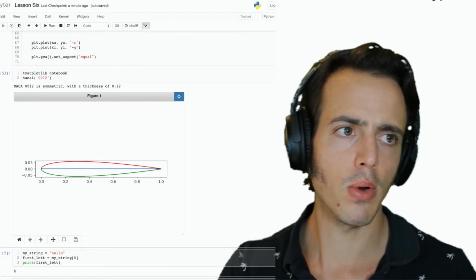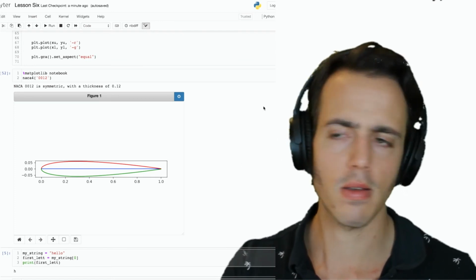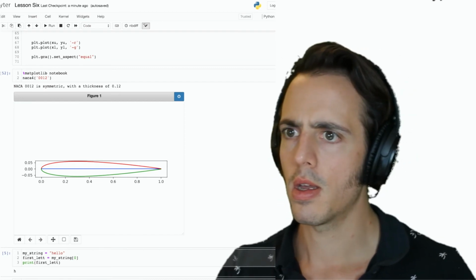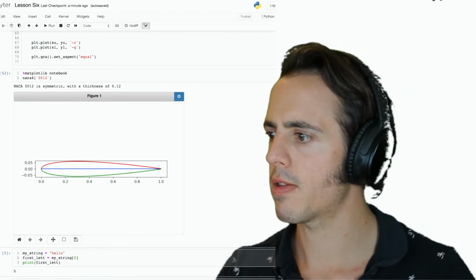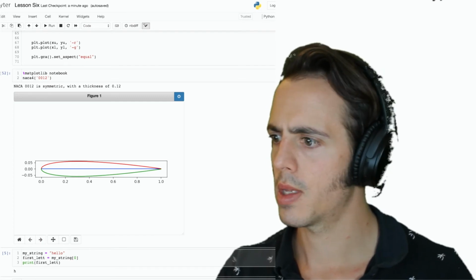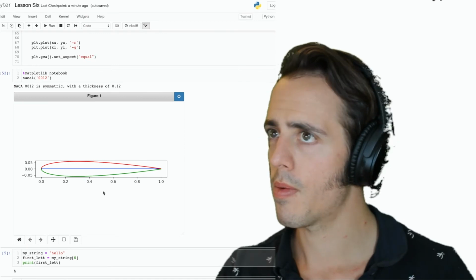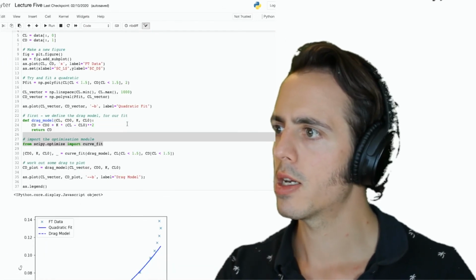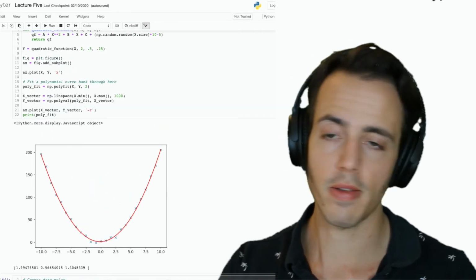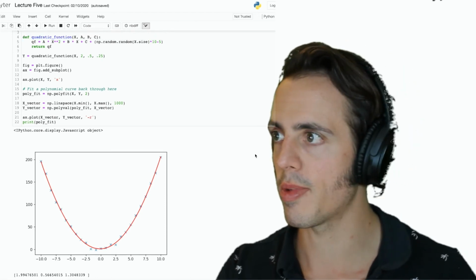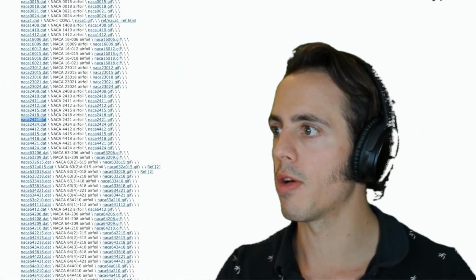Okay, we already know how to import DAT files. I can't easily show you this text file without messing around with my computer too much. Actually, let's do this. I'll just load it. Last lecture we learned how to load .dat files or .text files, anything that's comma separated values, which is actually what these are. So if I click on here and show you,